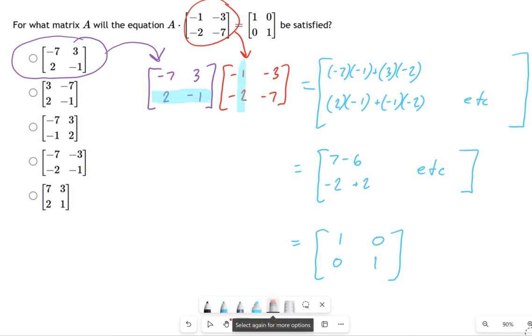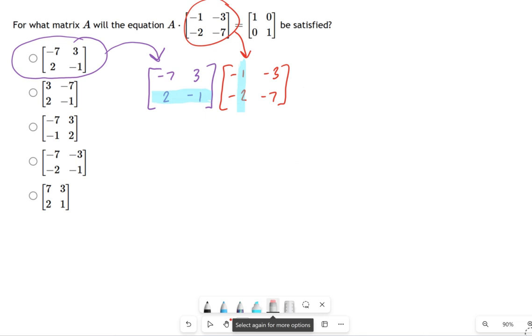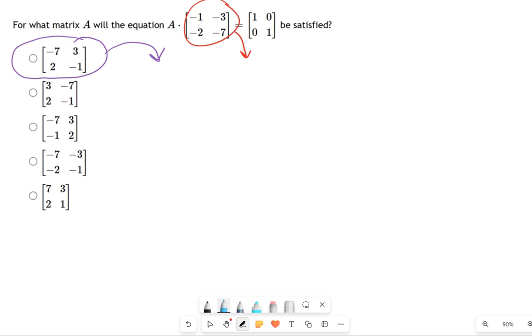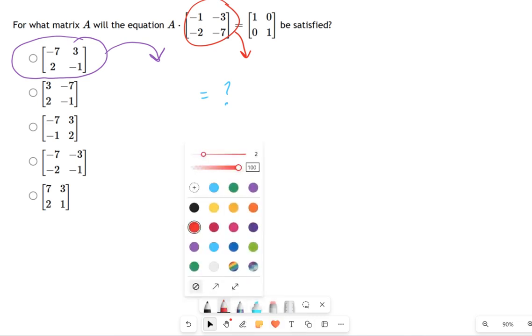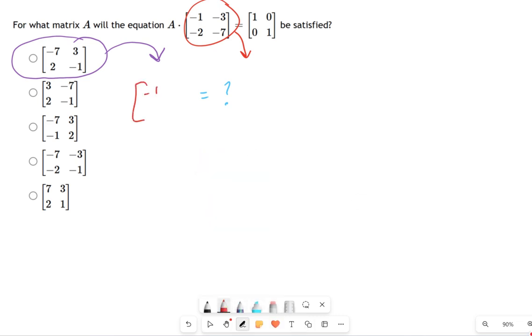Now, there's a formula that I promised I would show you, and it's very, very quick. So if you happen to have that formula memorized, you're in great shape because this will be a very quick process. What this problem is asking for is, what is A inverse? A inverse is the thing where if you multiply it by this, it's asking for the inverse. I'm going to write this differently. It's asking for the inverse of the matrix on the right. If I have the inverse of this thing designated by that -1 exponent, then when I multiply it by itself, the result will be the identity matrix.